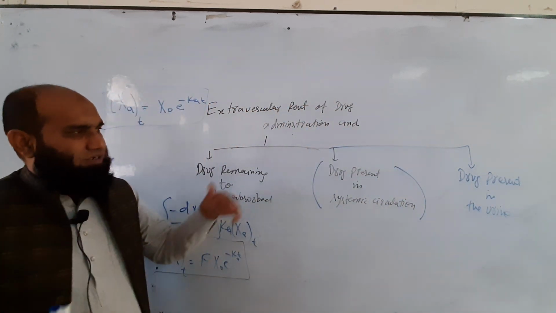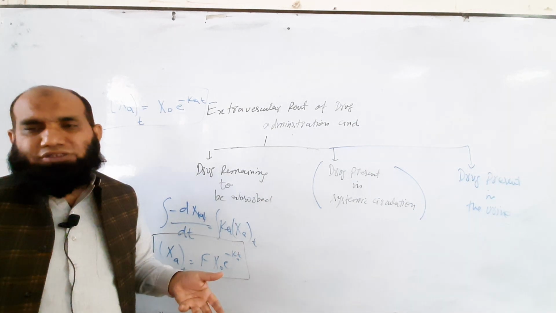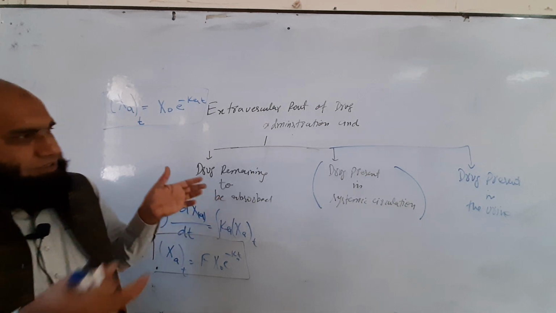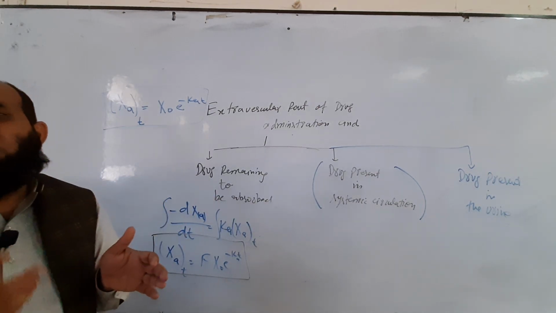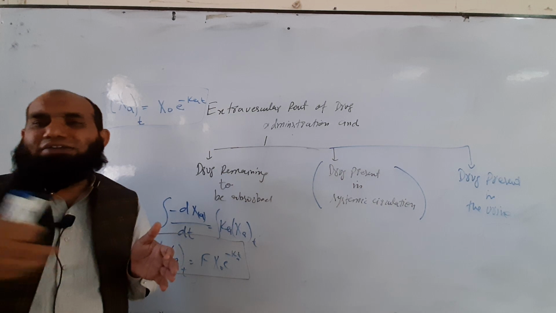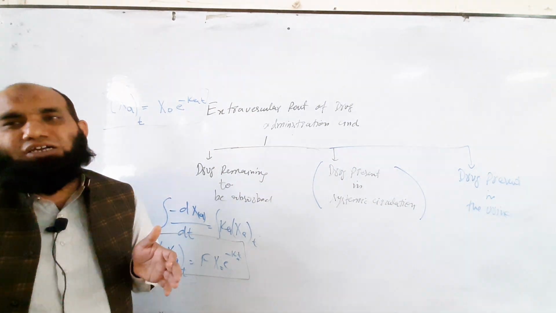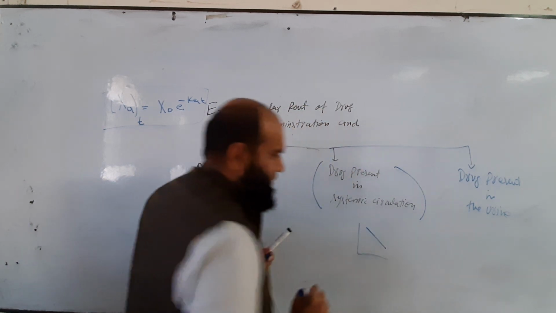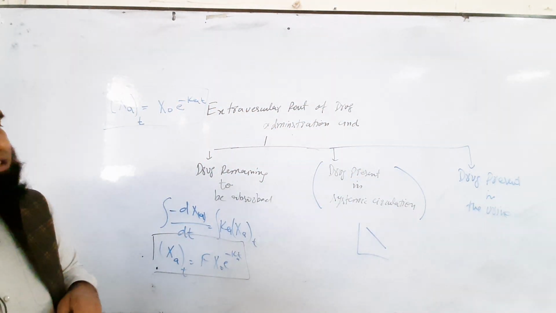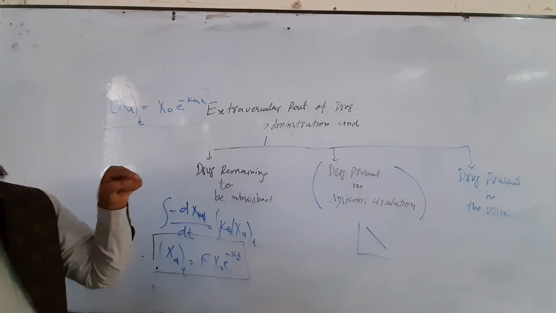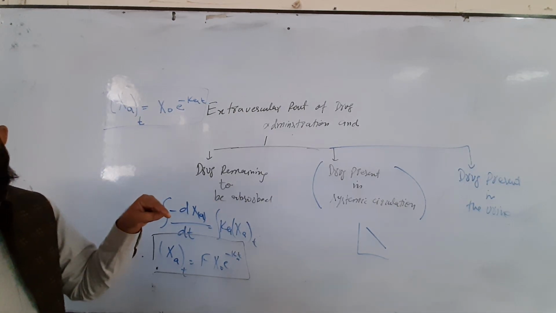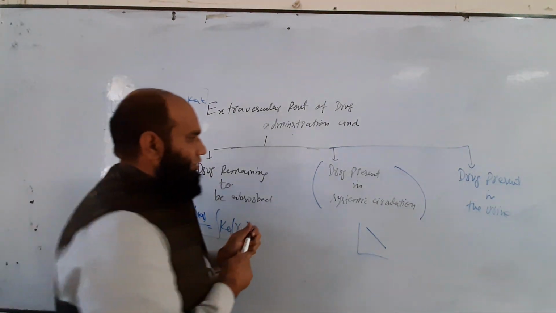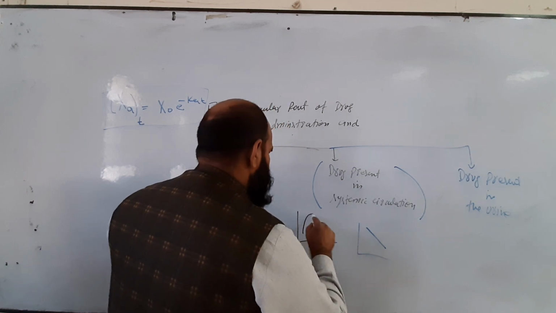Now when we move toward the drug present in the systemic circulation, it means there are two processes. One is some drug is coming into the systemic circulation and some drug is getting excreted from the systemic circulation. Just like the IV injection. Remember, in case of IV injection, we have only the elimination, when we give the injection to the patient through the intravenous line. But in case of oral, what will happen? We have some drug absorbed.